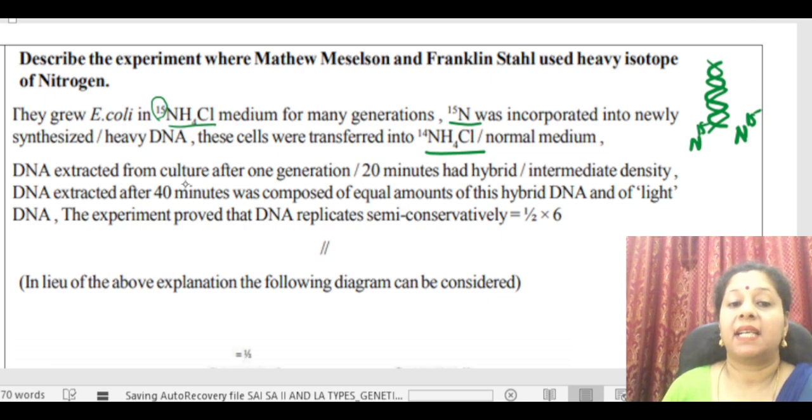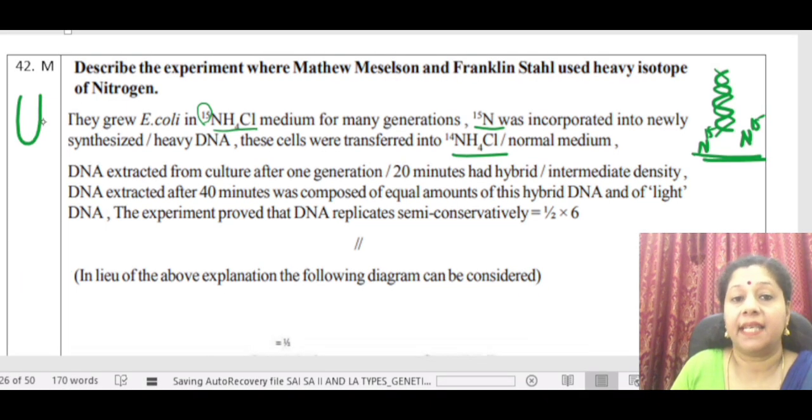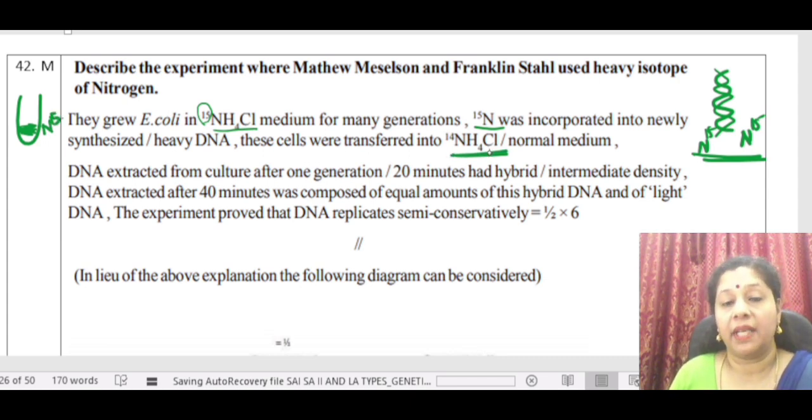Then DNA was extracted from the culture after one generation. So first they made it heavy. When they did centrifugation, what did they get? A heavy band at the bottom, because it was N15. Then they transferred it to ammonium chloride N14 containing medium, that is the normal nitrogen or light. So in this case they found that after 20 minutes, the bacteria replicate. That means the DNA also replicates. So DNA was extracted from the culture after one generation, that is 20 minutes,